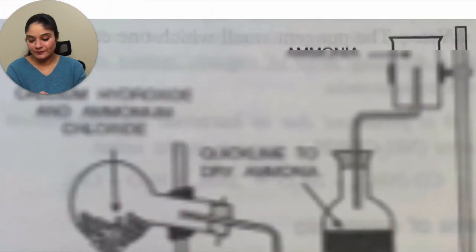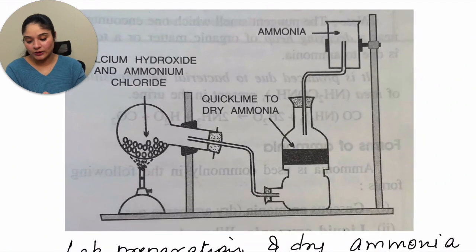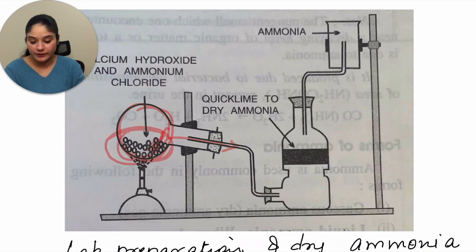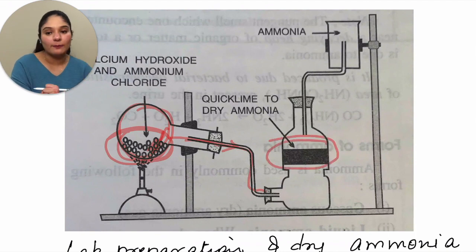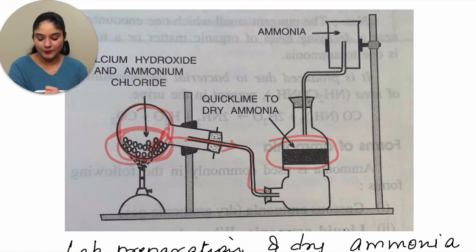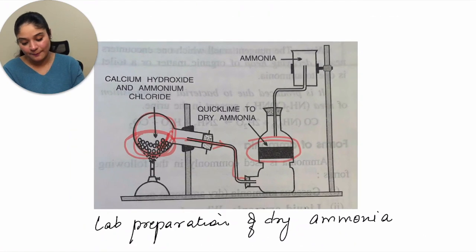Now, if you come on the last page, this is the preparation that we started with, the first lab preparation. This particular jar is tilted, so your ammonia gas goes out, and whatever water is there, it does not trickle back into the reactants. Even if there is water, it will come along with it as water vapor, and then you have a drying agent which will absorb all the moisture and water vapor. Okay, so this is the lab preparation for dry ammonia.